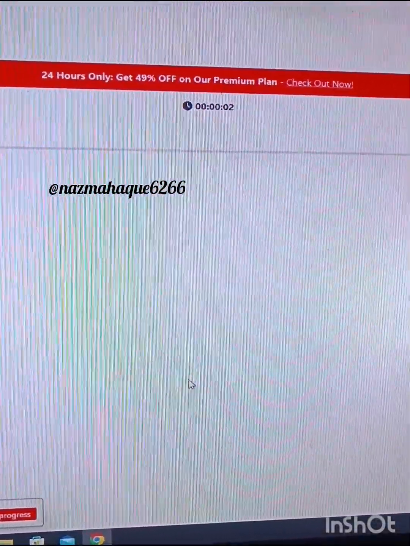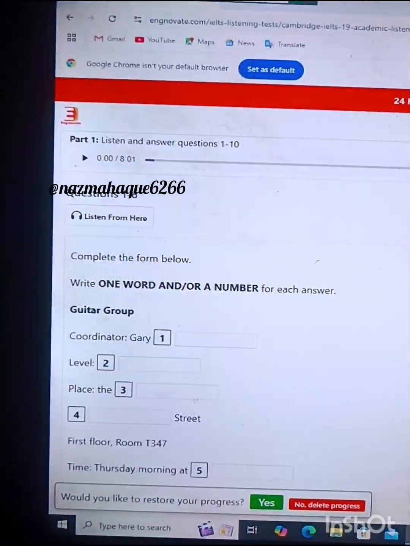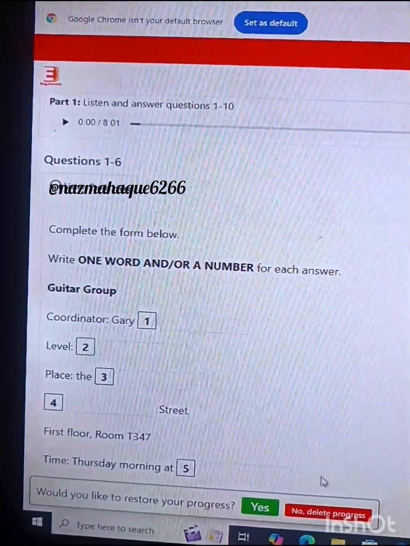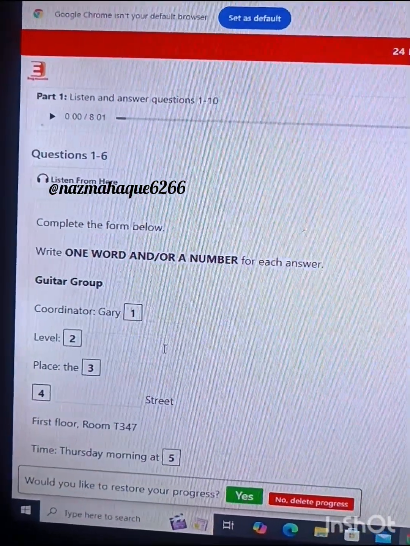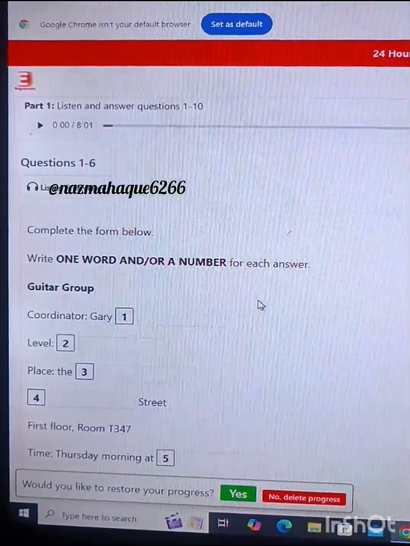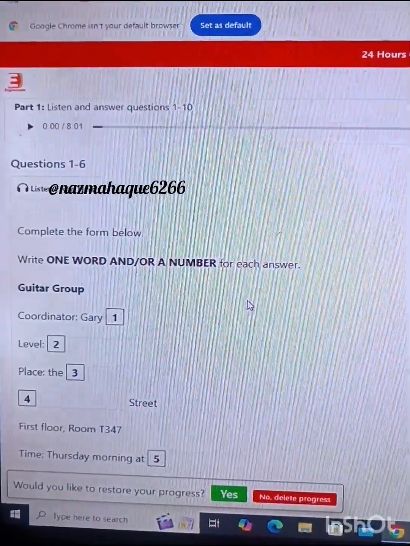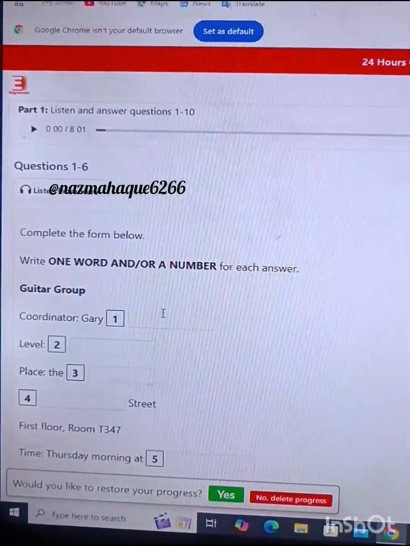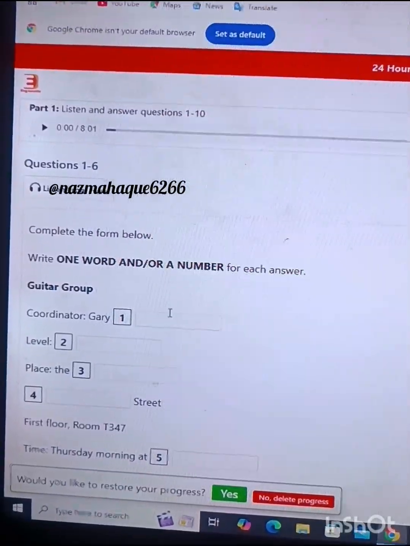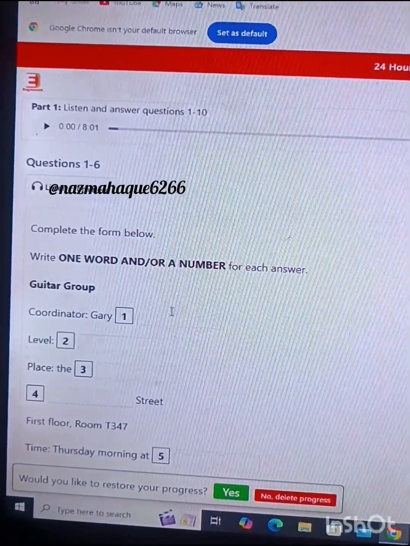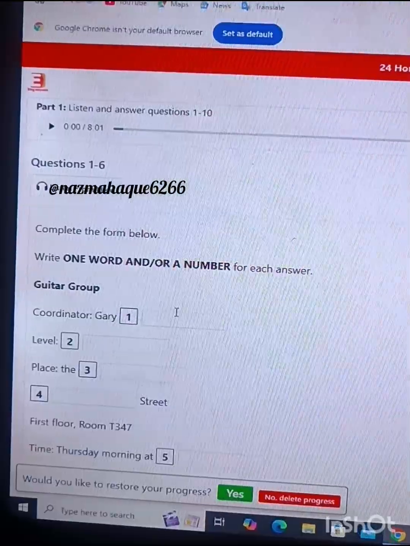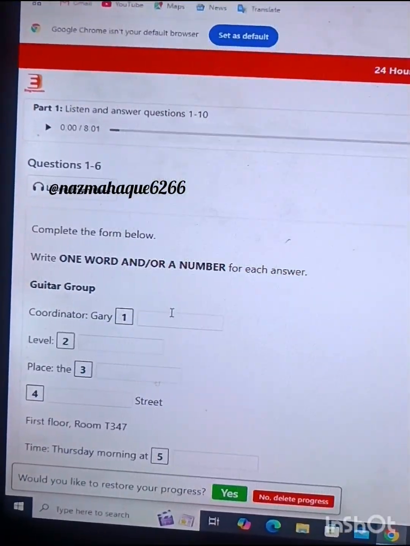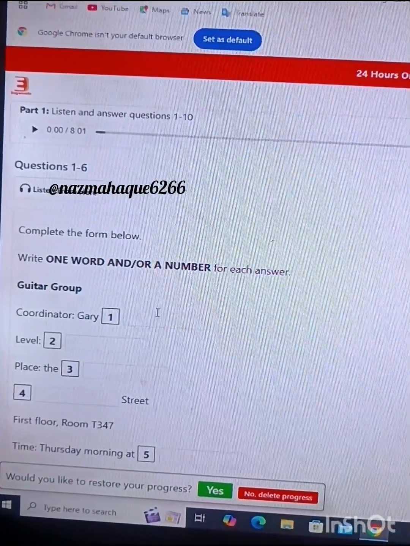You can see the time. And these are the questions. You have to use a headphone for it, or you can also try to use any other thing if you want, but I will always recommend you guys to use a headphone because in the main exam you will be provided a headphone, and I feel like this is really helpful because it will help you to concentrate more